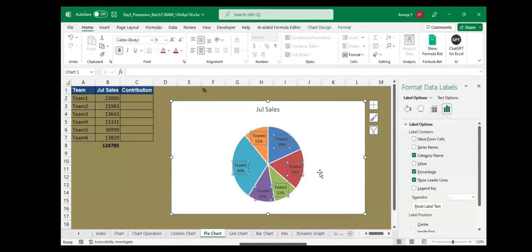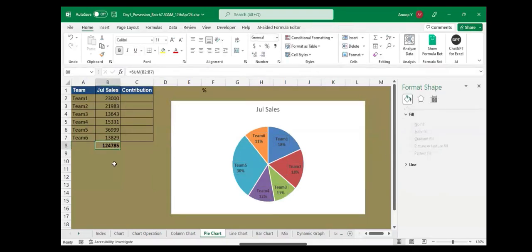In the interview, from most of the candidates, a question related to this pie chart was asked. When you converted that value into the percentage, you can see the percentage figures like you guys are seeing over here, 11%, 18%, 30%, or whatever. Now the question was asked how this percentage is being calculated at the back end. So the contribution means that whatever the total sales has been done, like this total sales has been done